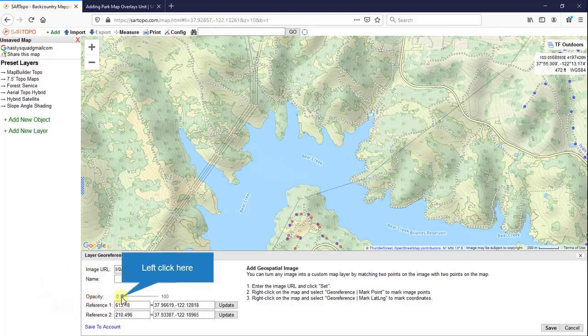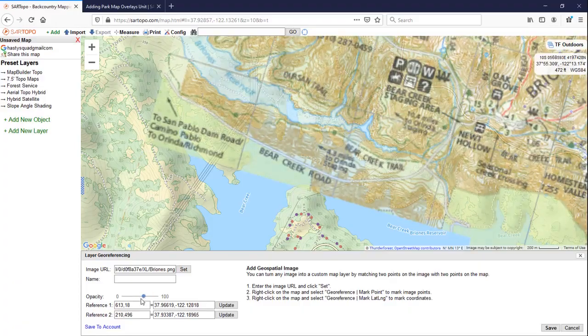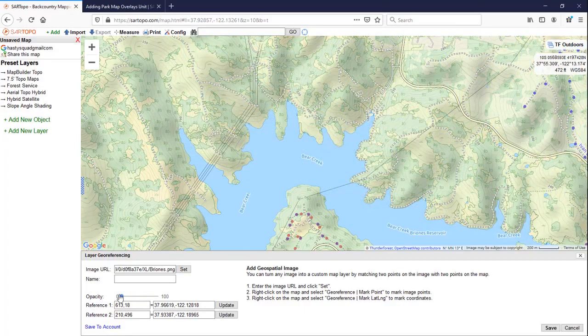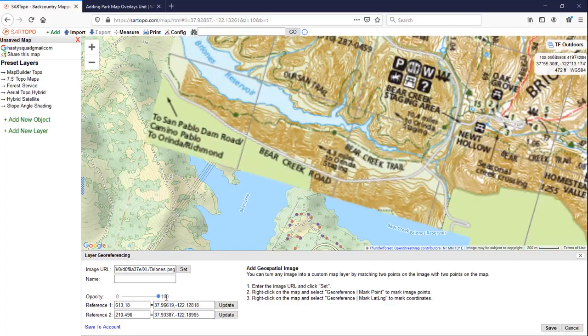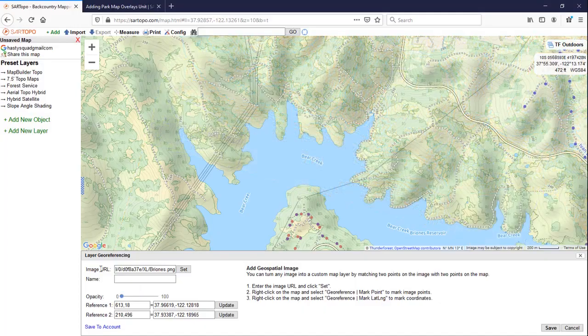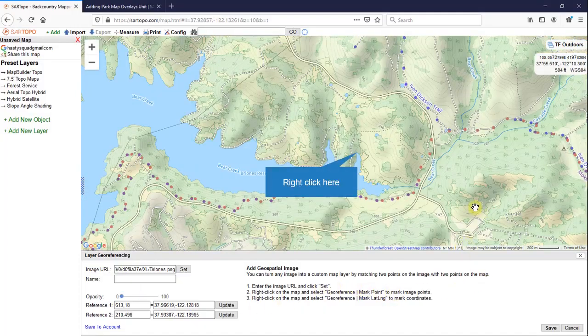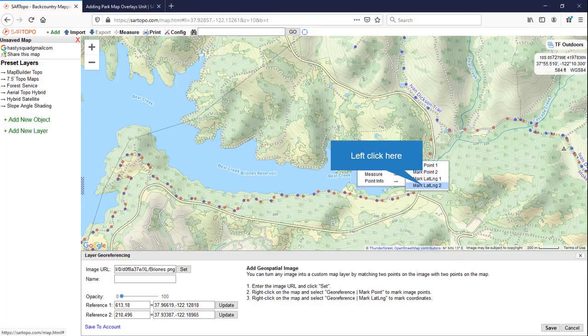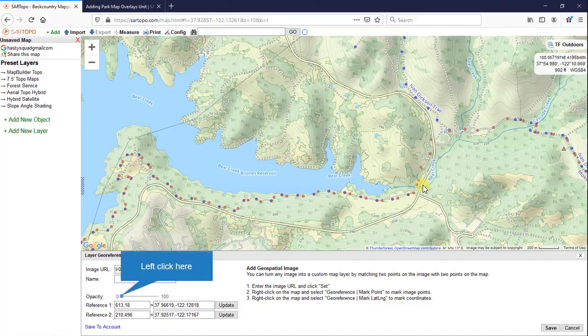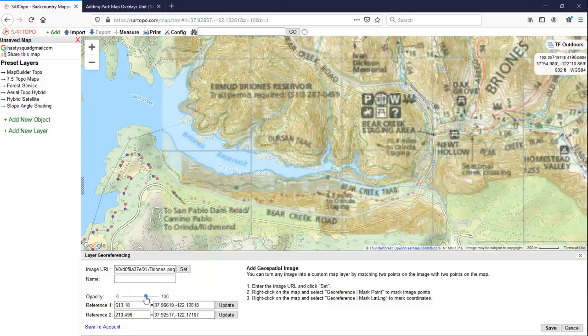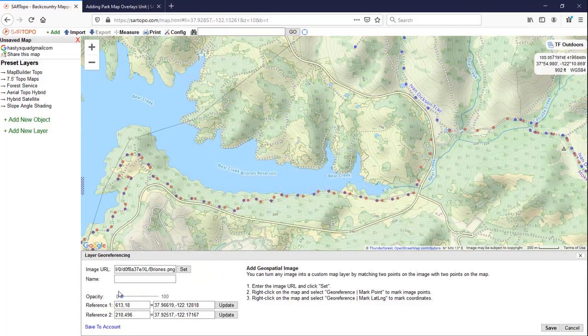And so if everything worked, I can check. I can see that, no, I picked the wrong point. I should have picked this point right here. Okay, so I can do it again. I can say, no, I want to make this my latitude, longitude. And now you can see